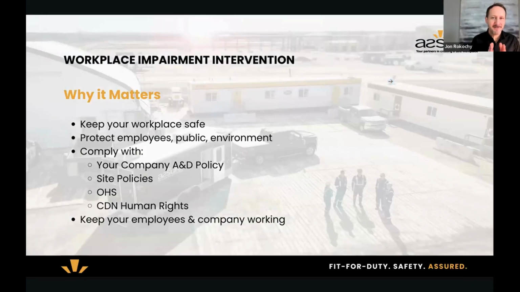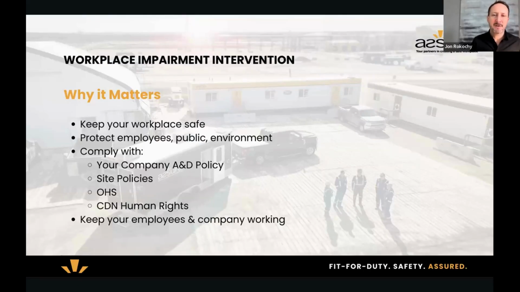So let's dive into today's topic. Why does this topic matter? Why is it important that if you believe one of your workers is impaired by a substance or presenting as not fit for duty, and you're not even 100% sure why, you just know something's different about this employee today? Something's off: they're slurring their speech, they're forgetful, they're staggering. I'm not 100% sure, but they're presenting as potentially unfit for duty, and it could be because of substances. Maybe they were drinking. I'm not entirely sure.